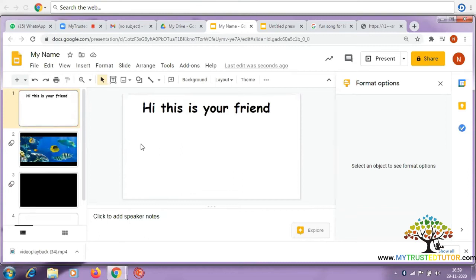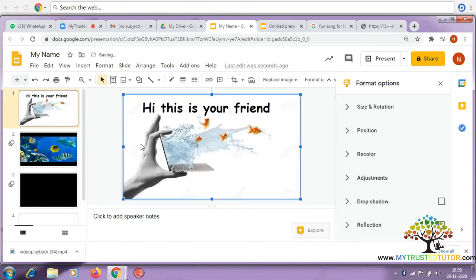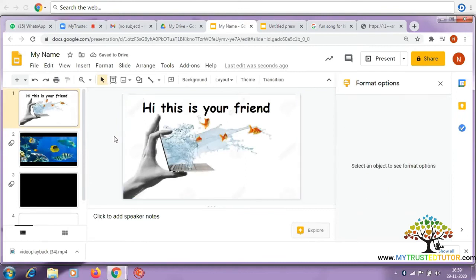So if you want it back, you can just press Ctrl Z, you get back a picture. So this is how sometimes things get deleted. So there is no need to worry when things get deleted. We just have to go back. The thing is Ctrl Z. When you press Ctrl Z, you get the things that you have deleted back.